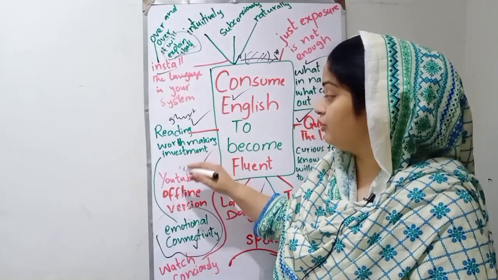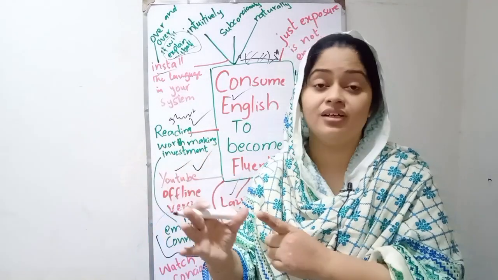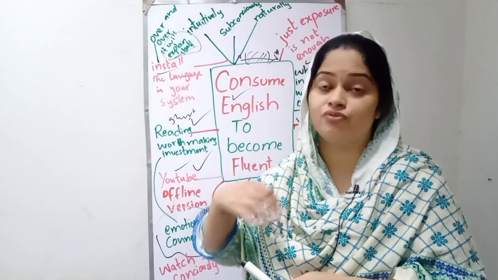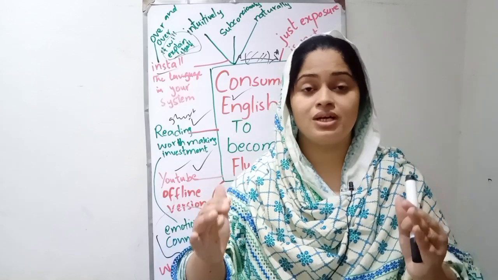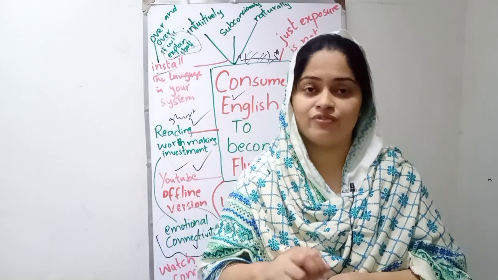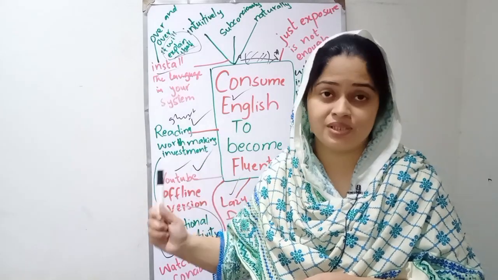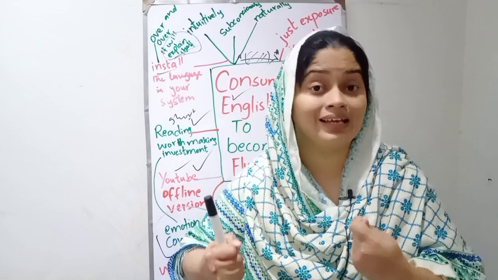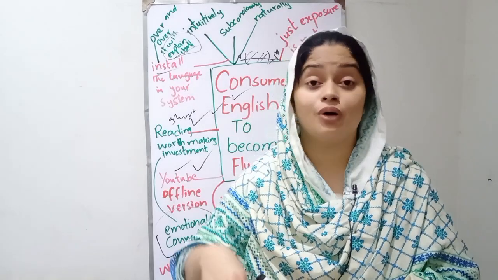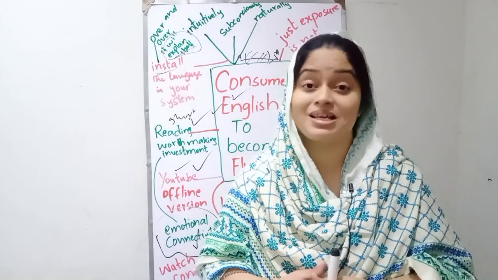And don't limit yourself by saying that I will only devote 20 to 30 minutes. Devote as much time as you can, you can devote 1 hour to 2 hours so that you can be a fluent English speaker over a short span of time. So this is called consumption. This is called intaking. This is called inhaling. If you consume good quality English, you will produce qualitative English. This is the message of today.